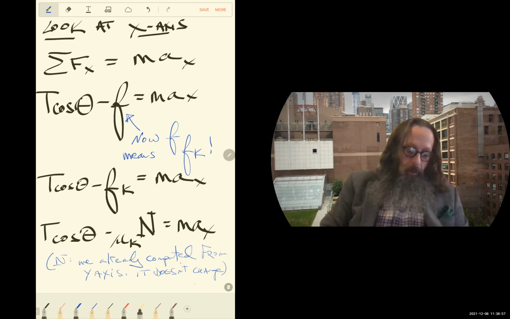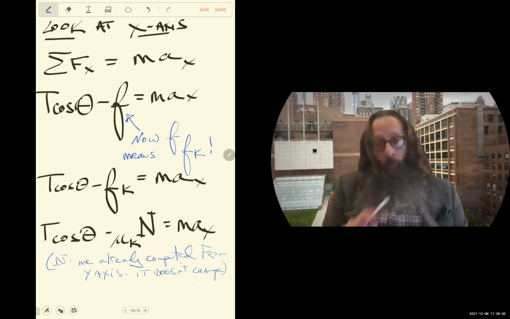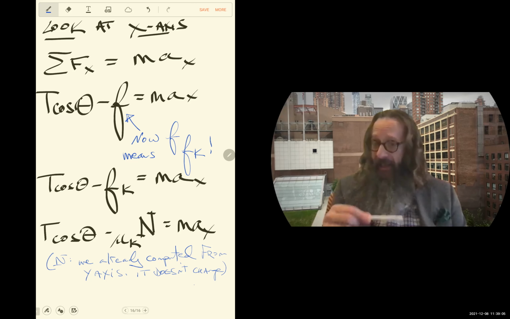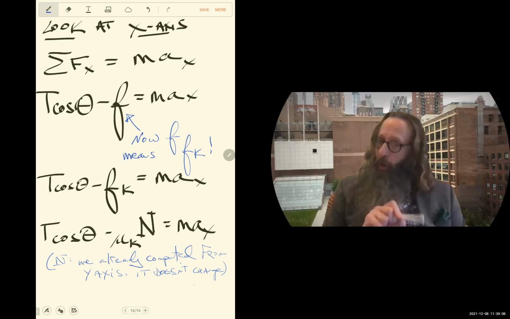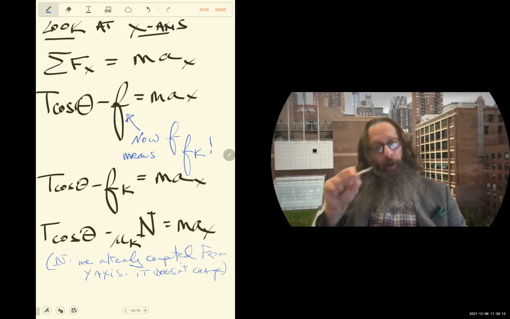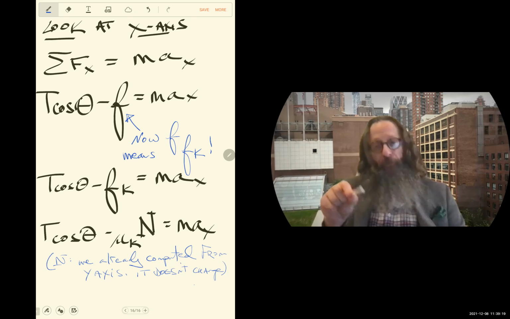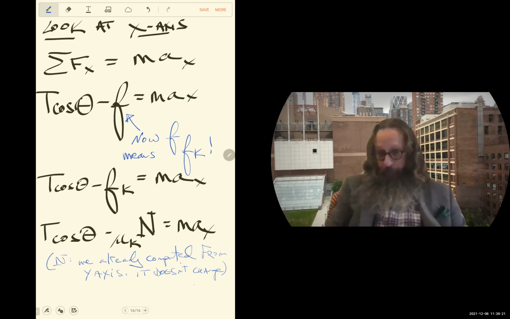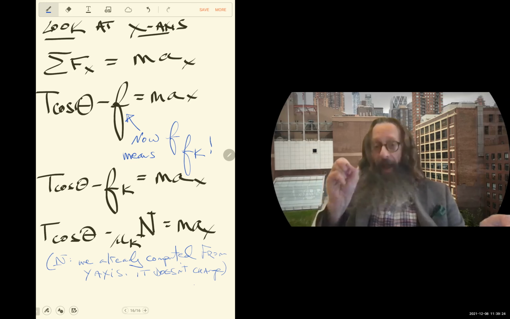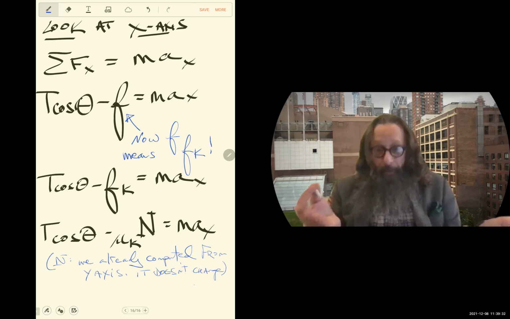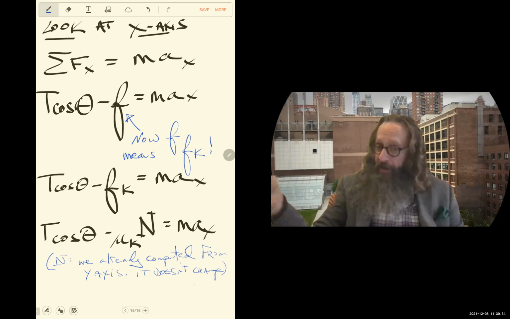The results, the acceleration, is all in the x-axis. And again, we intentionally chose the x-axis to line up with the acceleration. But the reason we care about all this information on the y-axis is that the y-axis invariably gives us the normal force. The normal force determines friction, and friction affects the x-axis. Whatever we got for the normal force is what we got. There's no formula for it. It will be different from problem to problem, but it doesn't change from one type of friction to the other.